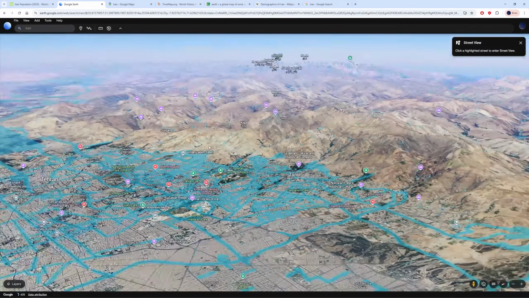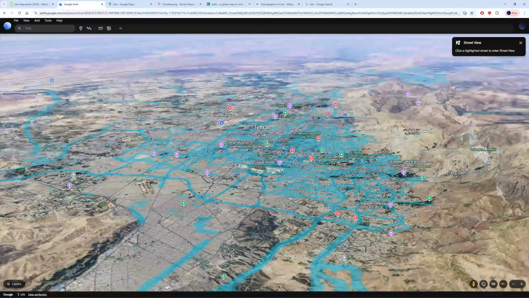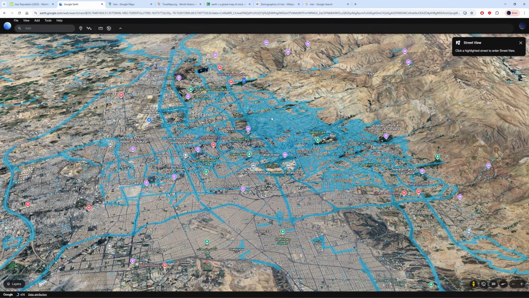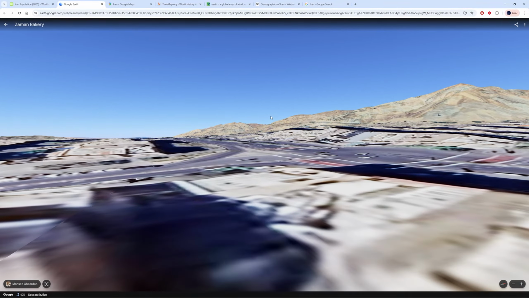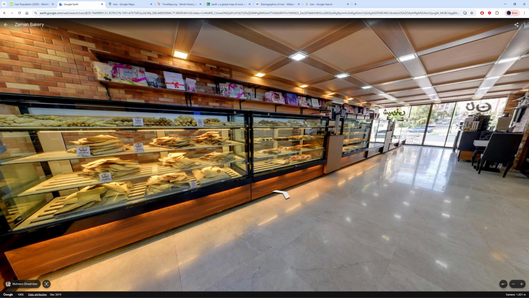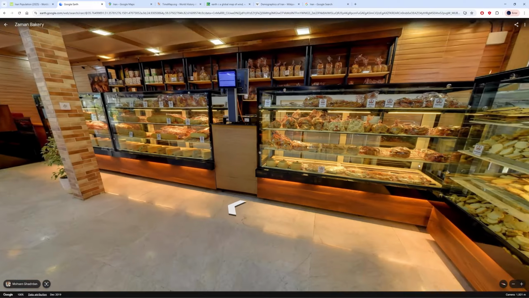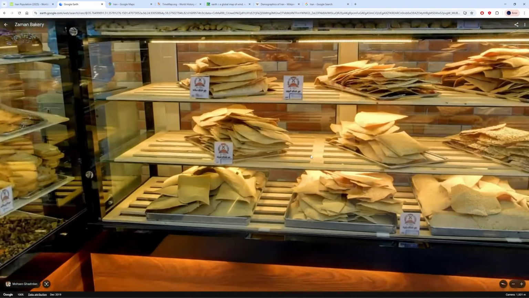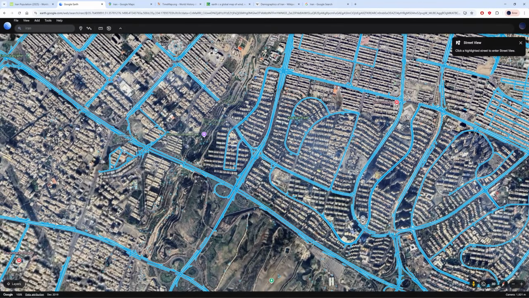Now I like the mountains here. I saw some pictures on Google with them and they just look very nice with the mountains behind. It is a nice place, I would say, to put a city. But now we're going to see exactly how those people live. So now we are in the store, and that's nice. We have a lot of bread products here. I'm looking for the baklava. I'm curious if they have it because I really like it, but I don't seem to see it.